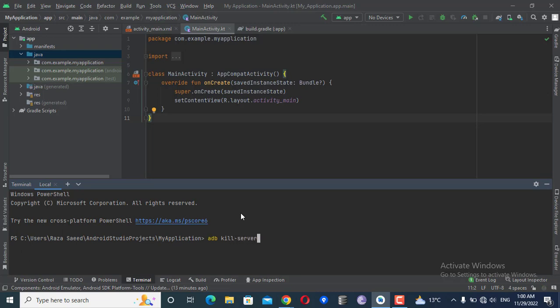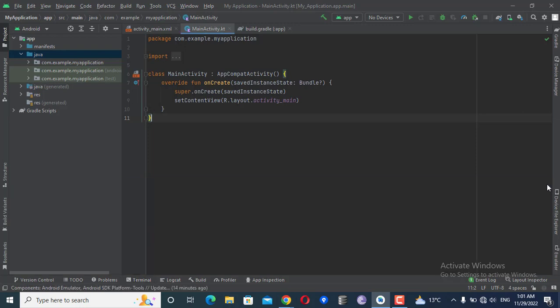server. When you press enter, the server will be killed. After that you'll have to run another command, which is adb start server. It will restart the server, and after that if you try to run your APK on any real device, there are many chances that it will get installed on your phone without any kind of